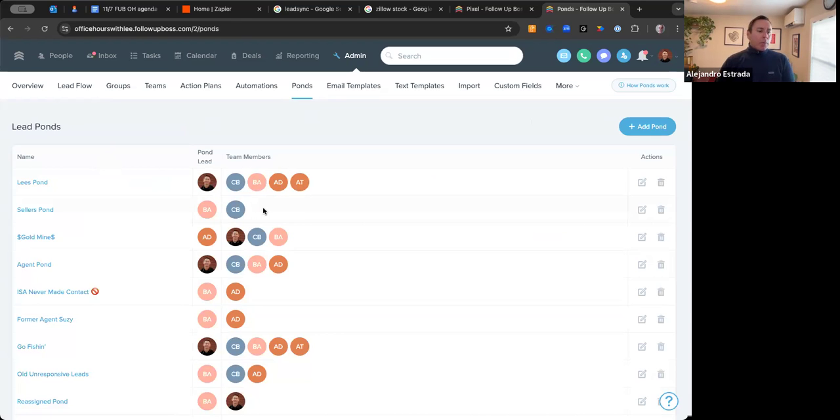One of the initial brainchilds, or rather a situation where ponds would be useful, is: I'm an agent, I have too much on my plate, I keep getting assigned new leads, but I don't want to specifically assign it to one individual. I just say, here you go, here are the extra leads that I can't work. Then whoever's involved in that pond, maybe they have done all their prospecting and don't have anything in the pipeline, they can go into this pond